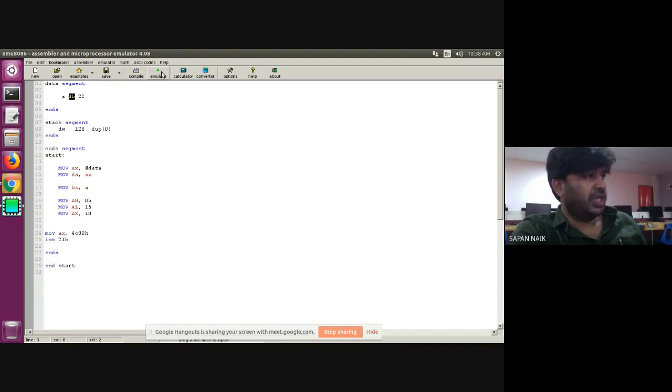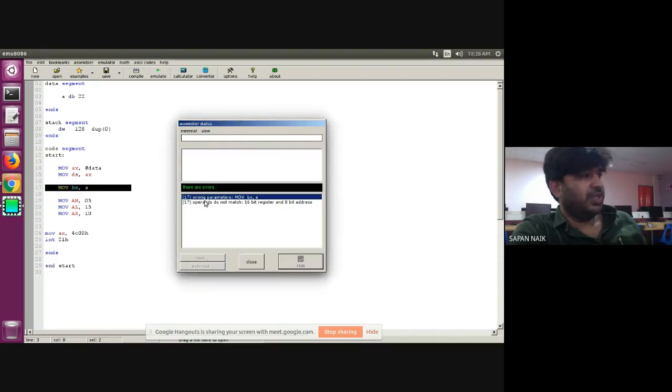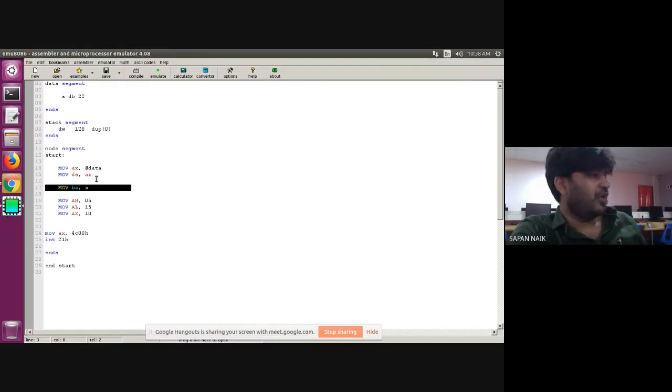It will give you an error: wrong parameter, MOV BX, A. Operands do not match, 16-bit register and 8-bit address. Get it? So I can use only an 8-bit register if I want to do that. I can use BH or BL. So if I use MOV BH, A, the content of A will be copied into BH.